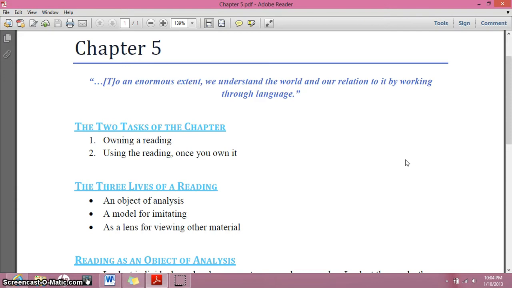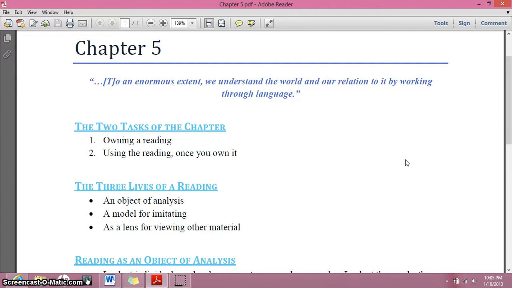Like chapter 5, because it really shows you what you can do with a written text after you've analyzed it. Because analyzing something is not the end. I know that we focused on analysis all quarter long, and we will continue to, but it doesn't end there. You're not just looking at something in order to analyze it. Because as we've talked about, analysis is relatively objective. You're not really arguing anything. You're simply investigating something. So I appreciate that this chapter goes beyond that. And then chapter 6 will go even further beyond it.